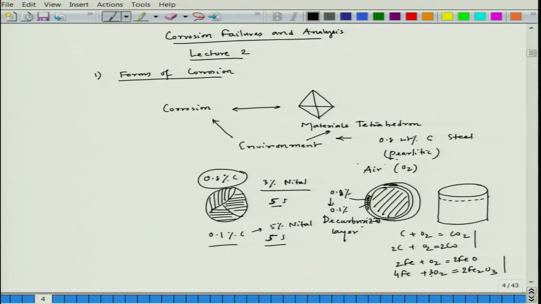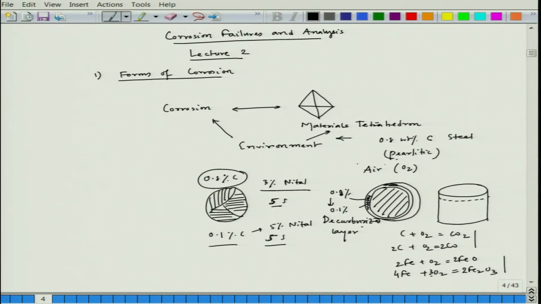So, again, wherever the graphite flakes are, after etching it will look grey in color. If the carbon content is less, the graphite formation would be less and the ferrite formation would be more, then the surface would look white. So, this is one small effect I have just narrated, that environment can have a huge effect on the materials tetrahedron. The composition can change, the microstructure can change, and of course, if these two things change, there will be a possibility of change in properties.